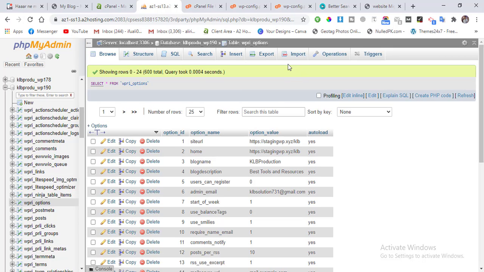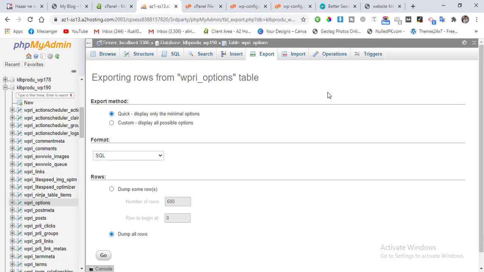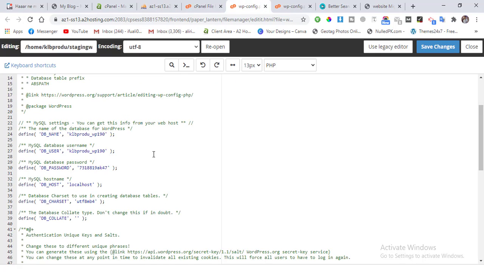If they are not on the same hosting, click on export, export all the DB and import where you want to import. Because both are on the same hosting provider, I am not going to export and import the database. I am just changing the DB name, the username and the password.